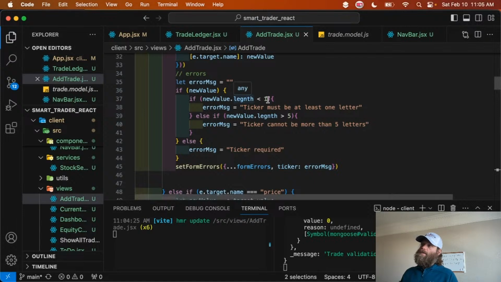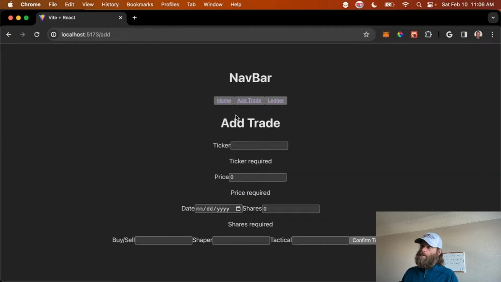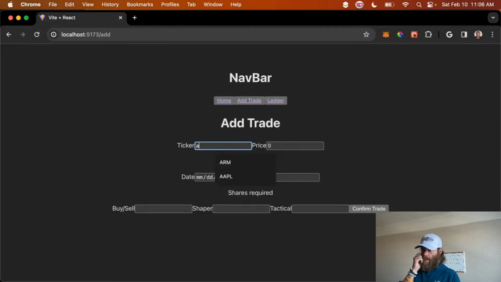And if that new length is less than 1, actually, let's make this less than 2 to make this a little more obvious, we're going to display this message. Otherwise, if it's more than 5, we're going to display this message. If there's nothing in there, we're going to display this message. Now, why do we need this if we already have it in the original state? I'll show you. Okay, so we set it to 2. So A,